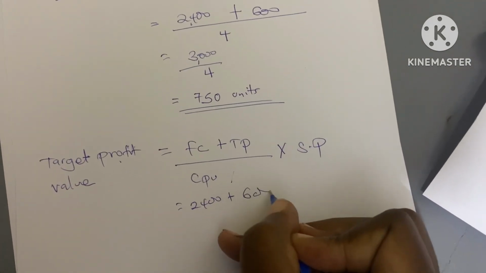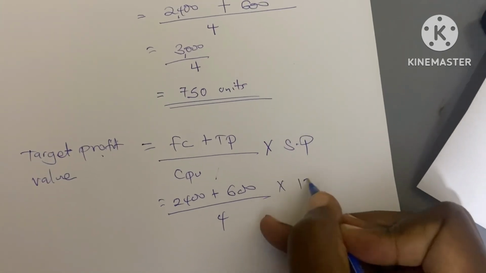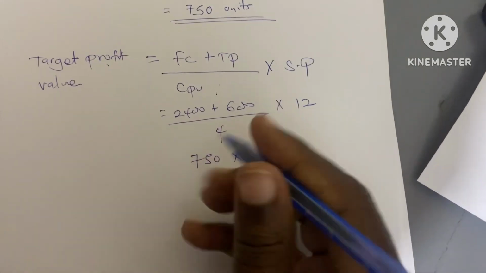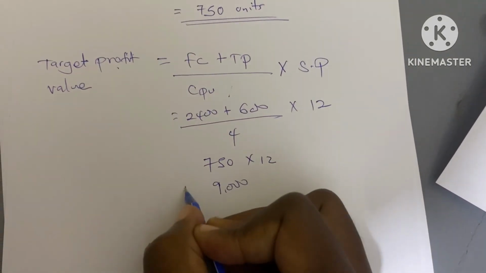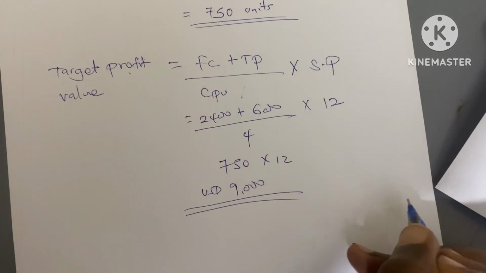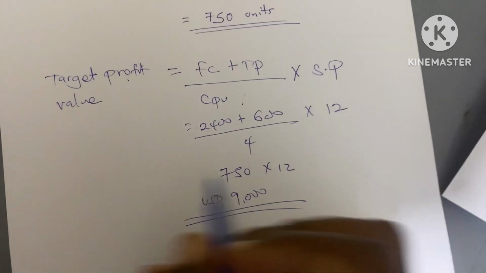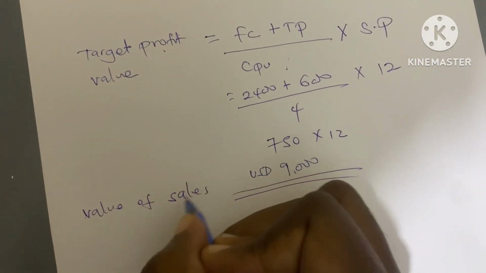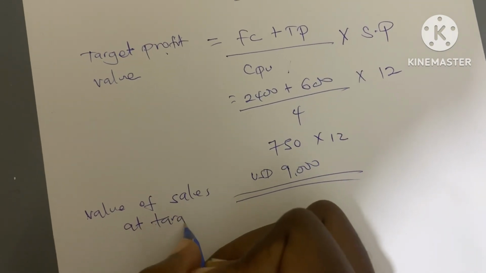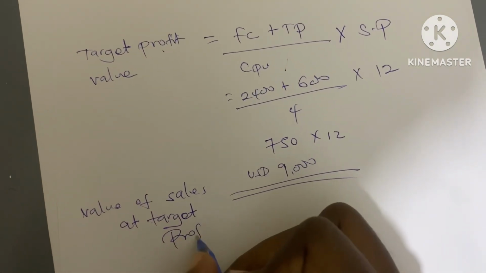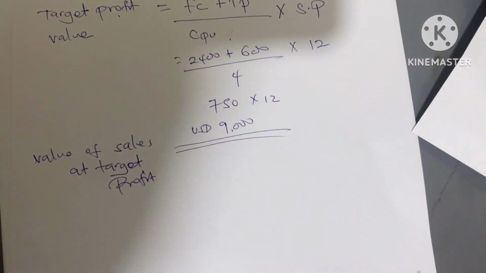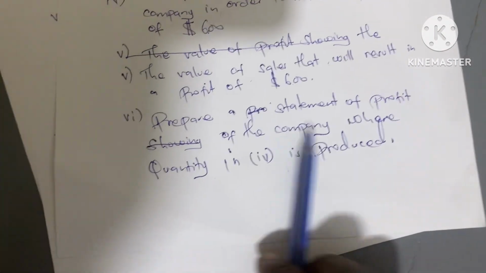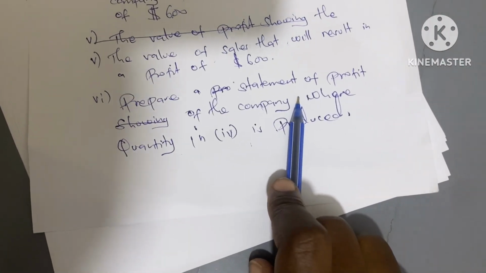So in short, this whole thing is 2,400 plus 600 out of 4 times selling price, which is 12. So 750 times 12. What you get? 9,000 USD. That is it. This is the value of sales at target profit. Then the next question, they want us to prepare a statement of profit of the company